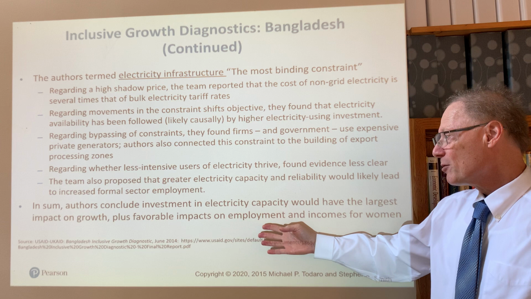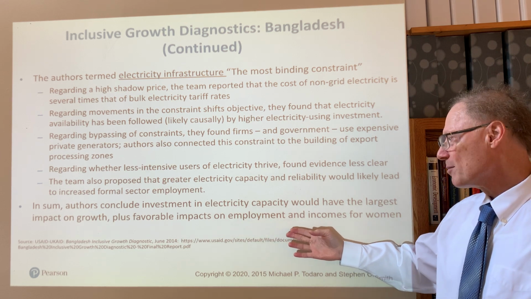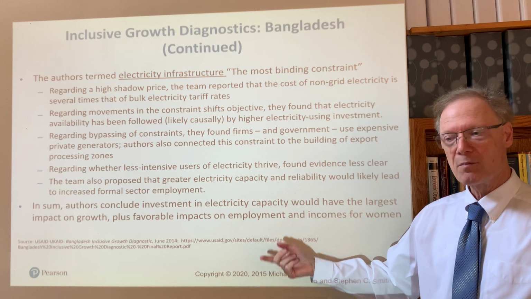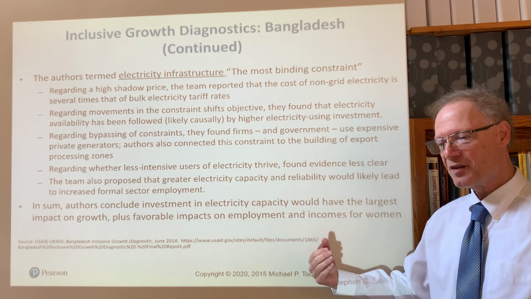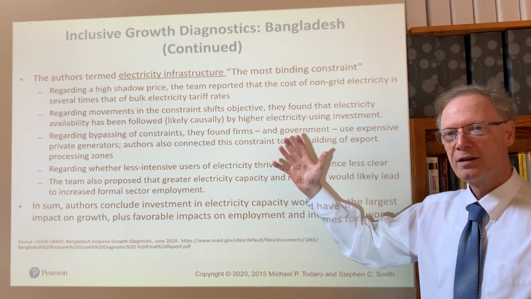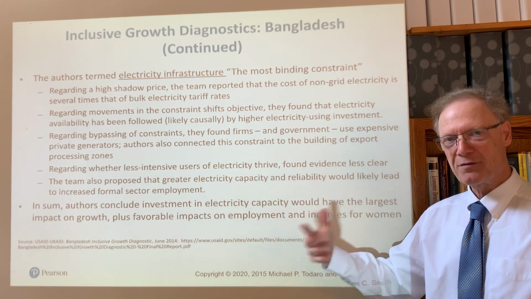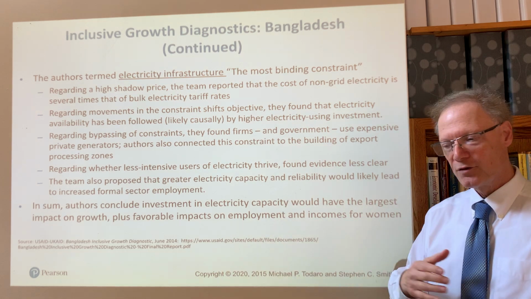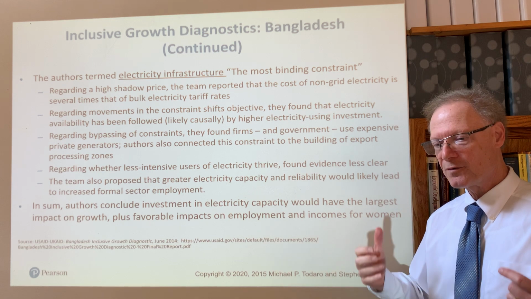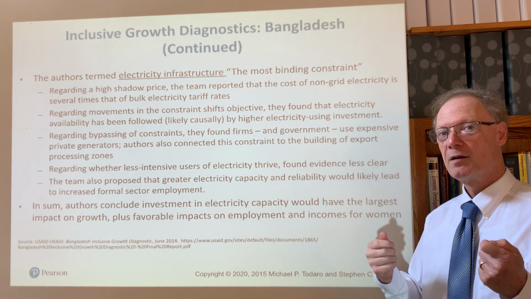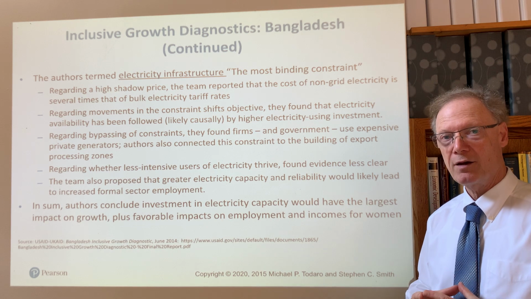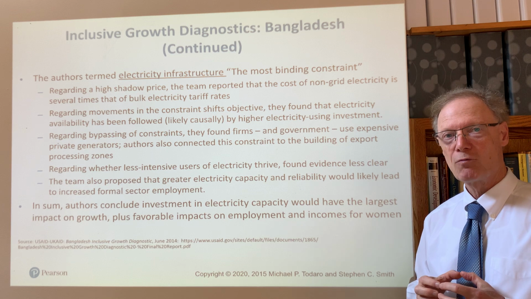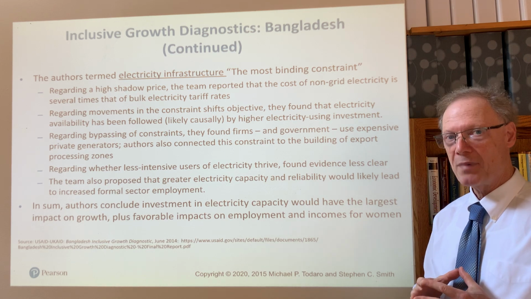They also found that it would have special and notable impacts on employment and incomes for women, who are those who are more likely than in other sectors to work in such activities in the economy, often having to do with ready-made garments and similar kinds of economic activities to which millions of women have moved from what were previously very low paid activities and occupations in rural areas, often under bad conditions.